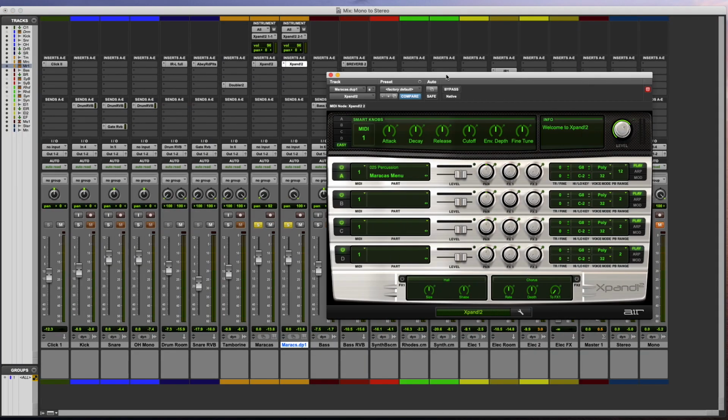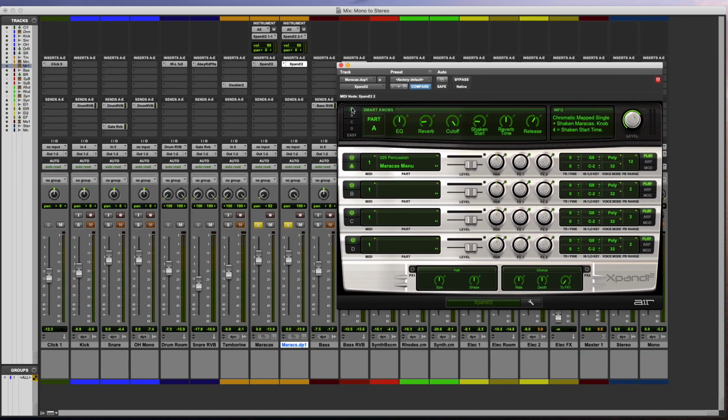You can also muck around if you're doing a fake overdub, kind of a bit like we've changed the mic. So we're using a different